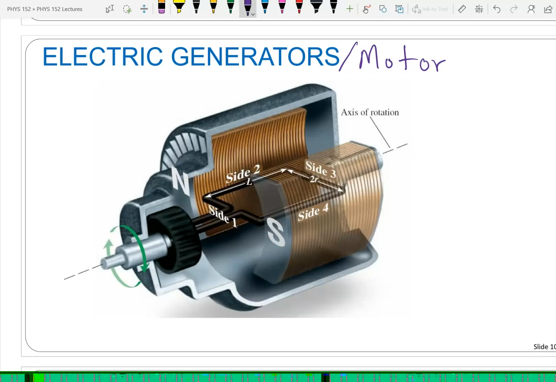And you have generators that are optimized for generating electricity, and motors that are optimized for being motors. So typically they're not going to look exactly the same, but a motor will work as a generator and vice versa. So if you go back to the early days of automobiles,